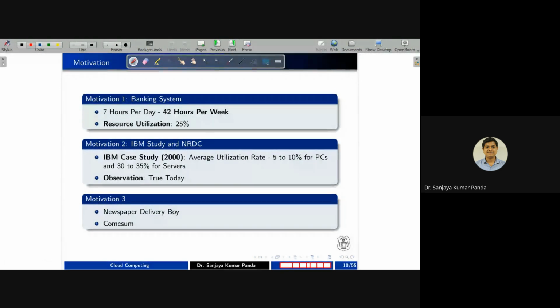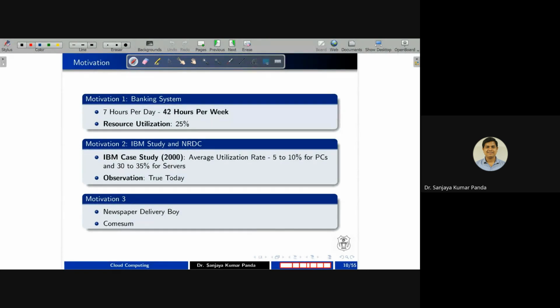Only 7 hours in the overall working hours, except the lunch time and other breaks. And let us assume that there are 6 working days. So you can say 7 into 6. So the total number of hours we use a computer system is 42 hours.